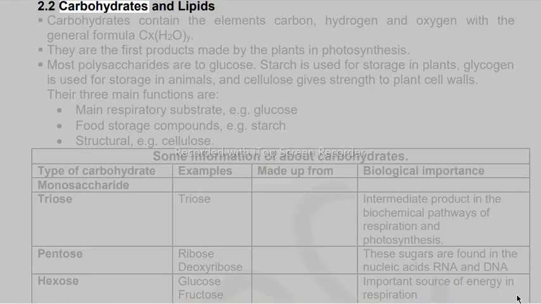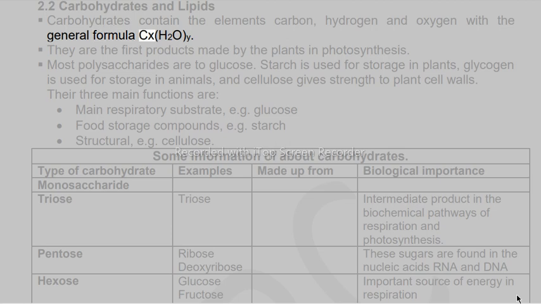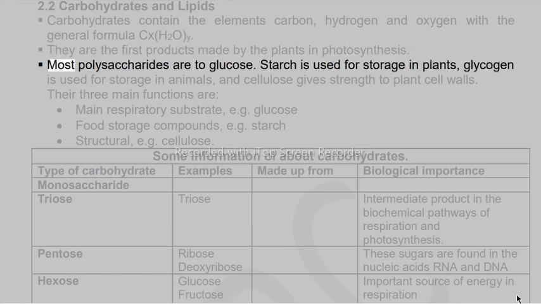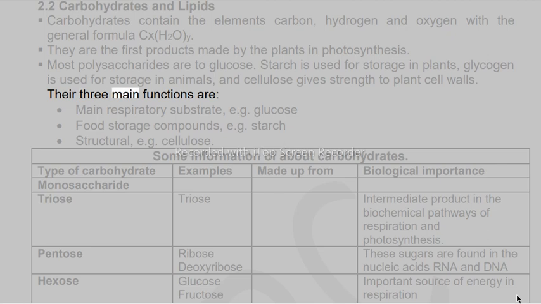2.2 Carbohydrates and lipids. Carbohydrates contain the elements carbon, hydrogen, and oxygen with the general formula Cx(H2O)y. They are the first products made by plants in photosynthesis. Most polysaccharides are made up of glucose. Starch is used for storage in plants, glycogen is used for storage in animals, and cellulose gives strength to plant cell walls. Their three main functions are: